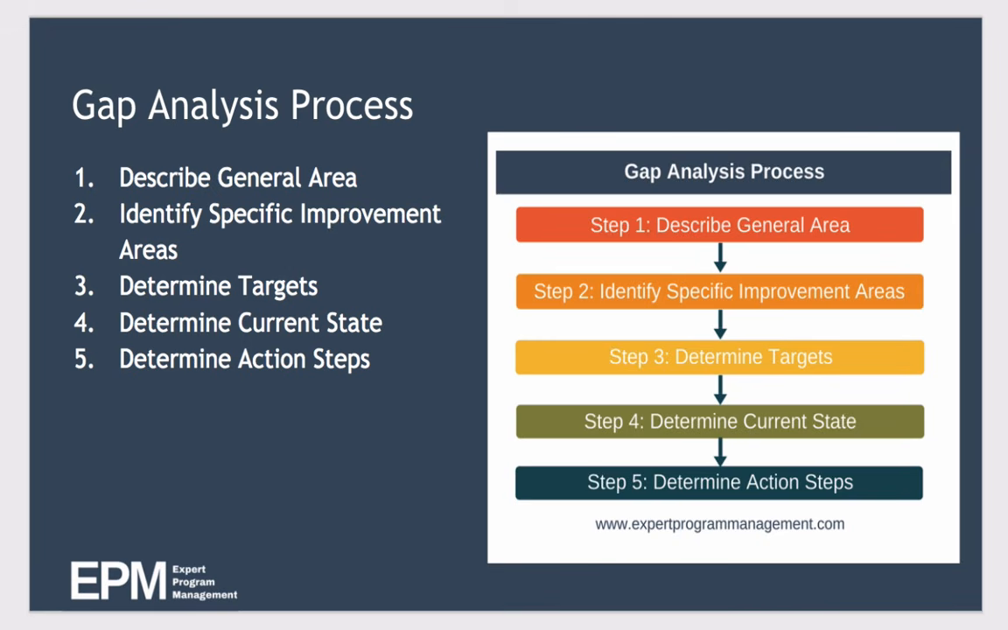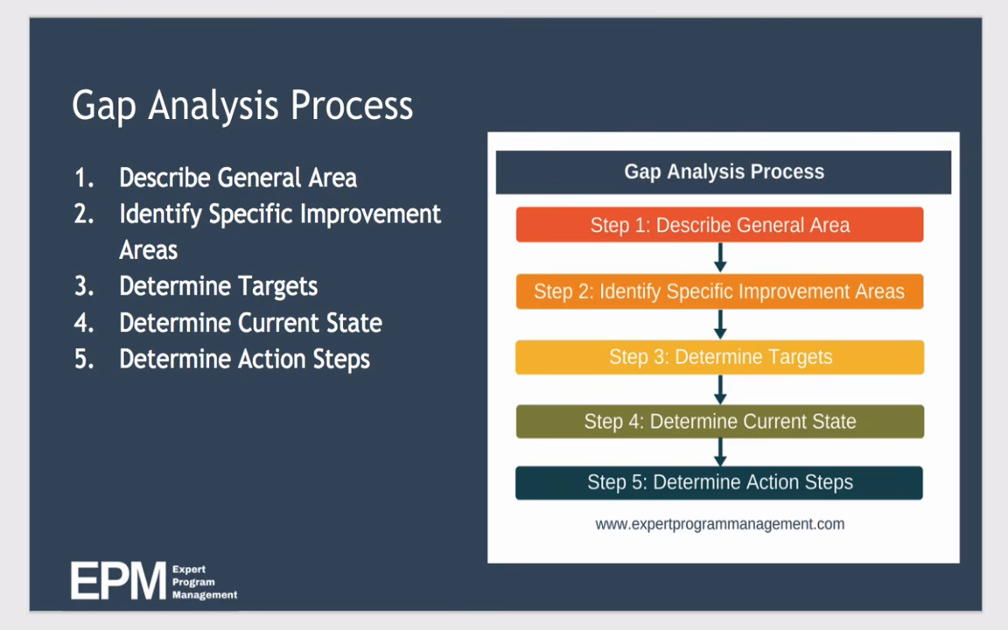Step 4, determine current status. Now that we understand where we want to get to, it's also important to understand where we are before putting the plan together. So by understanding where we are, it makes it more likely we'll create a realistic plan of action. It also makes it easier to see if we're making progress towards our desired state, because if we don't